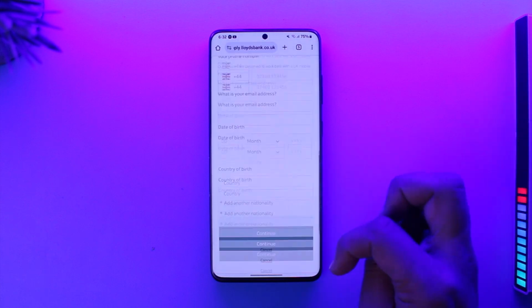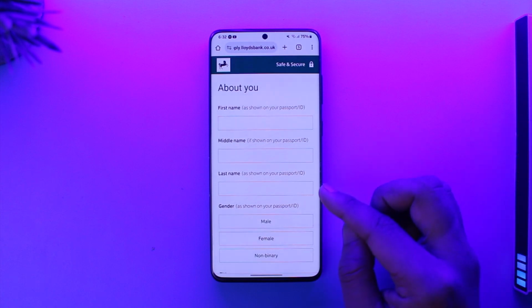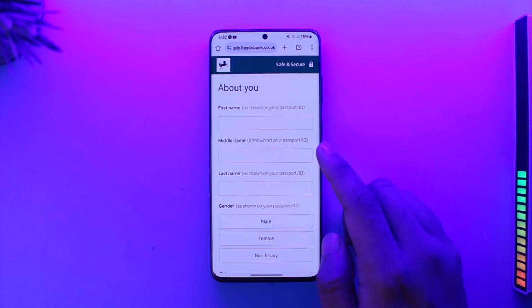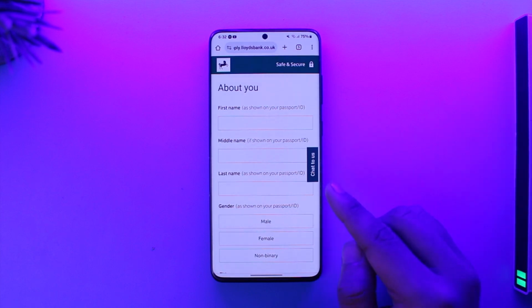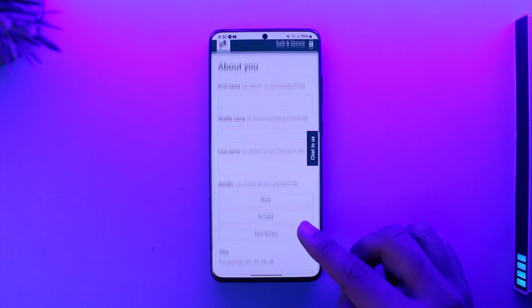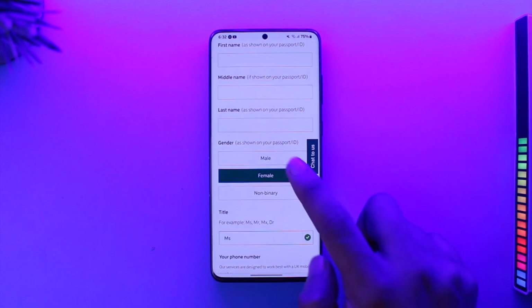So here we have to enter all of our legal details to create a bank account based on our documents. So make sure to enter the first name. Middle name is optional. If you have one, that's perfectly fine. If you don't, just skip it. You can tap the last name option, then enter your gender over here, and once you have done that,